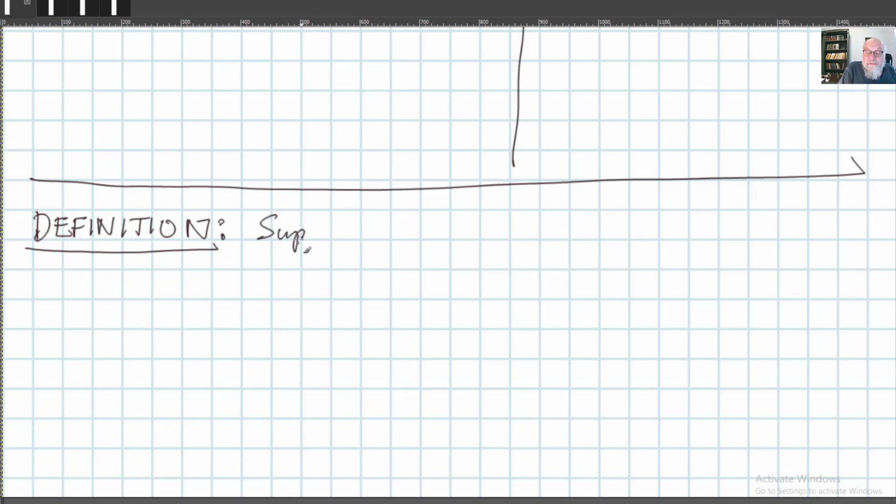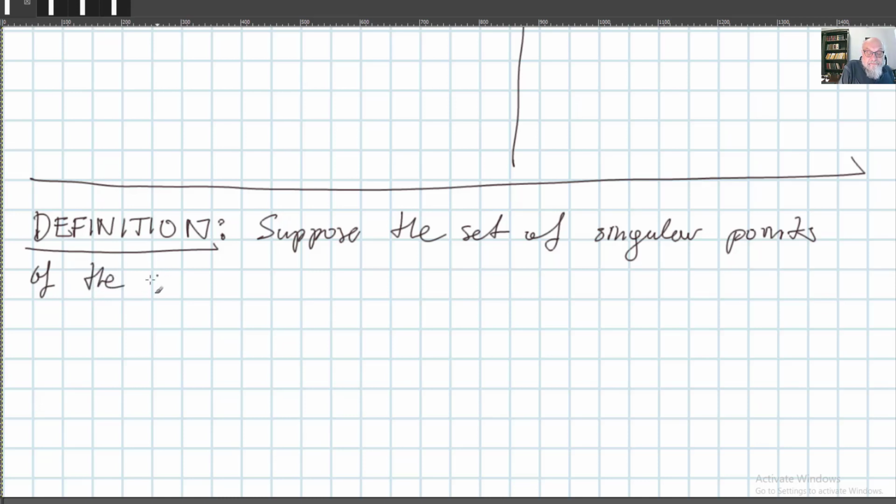Suppose the set of singular points of the analytic function f of z is again bounded,